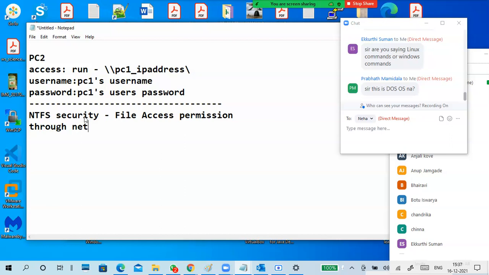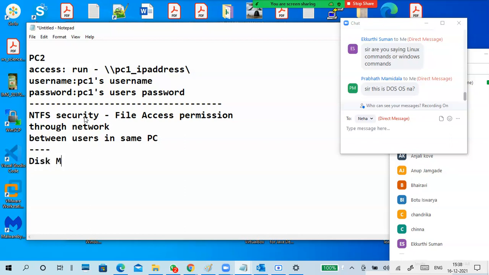You can control user access, like who can access and who cannot, through the network as well as between users on the same PC. So read allow permission, write allow permission, read deny permission, right? That is the NTFS security you have done.